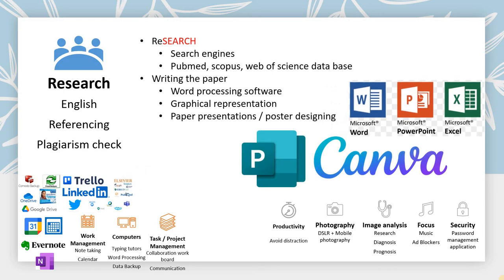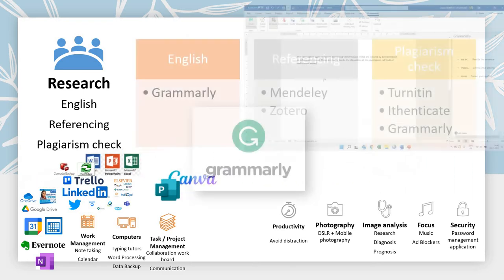Whatever you do, you have to type it out. You have to make papers, you have to make posters, you have to do conference presentations, etc. Microsoft Word, PowerPoint, Excel is definitely a must. Excel is used for data analysis, and you also have a lot of other software for statistics like SPSS, R, which you may or may not be using during your career. But you definitely have to understand how each of these functions. For poster presentations, Microsoft Publisher and Canva are good applications to design your posters.